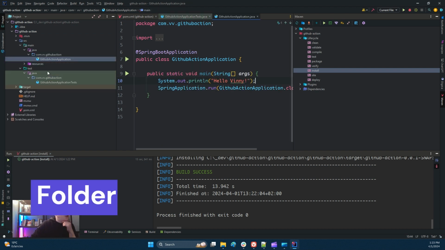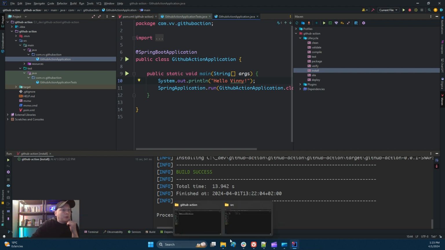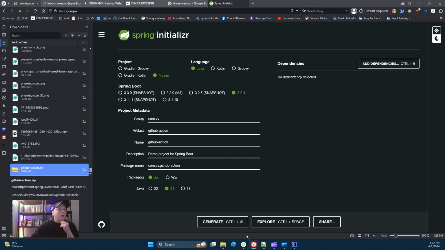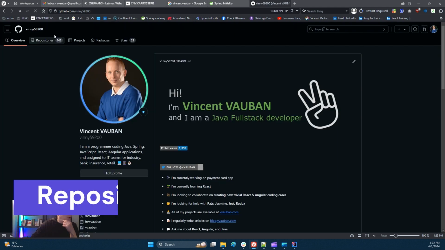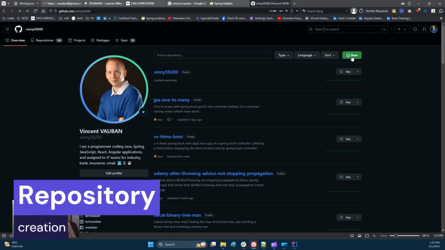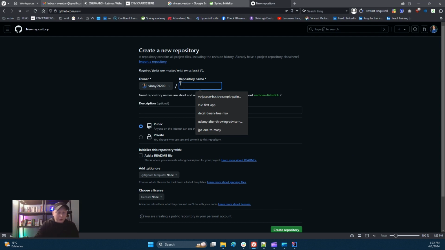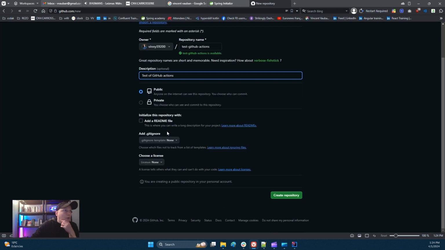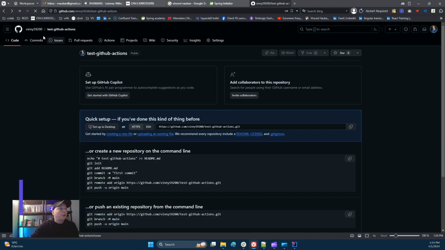So to use GitHub Action, you have to create a folder for the workspace. I think to put the file, the YAML that will be executed by the GitHub Action. So we will first go on GitHub. Okay, I will create a repository, new Vini test Git. I will put it in public, private, create. I will first upload my code.